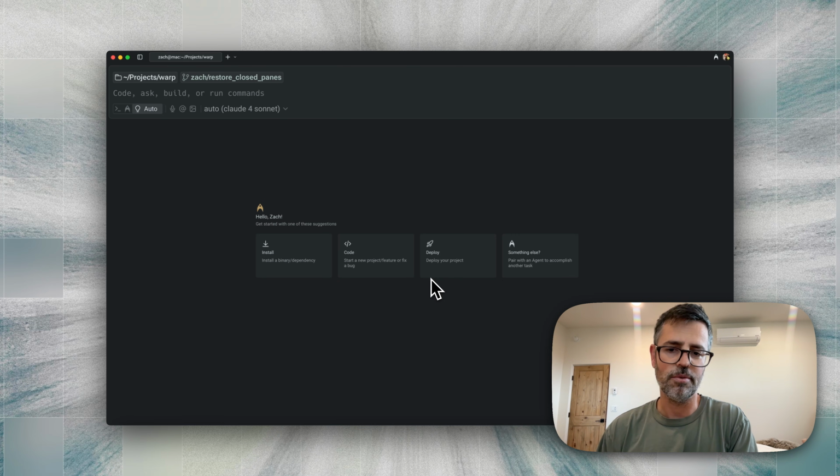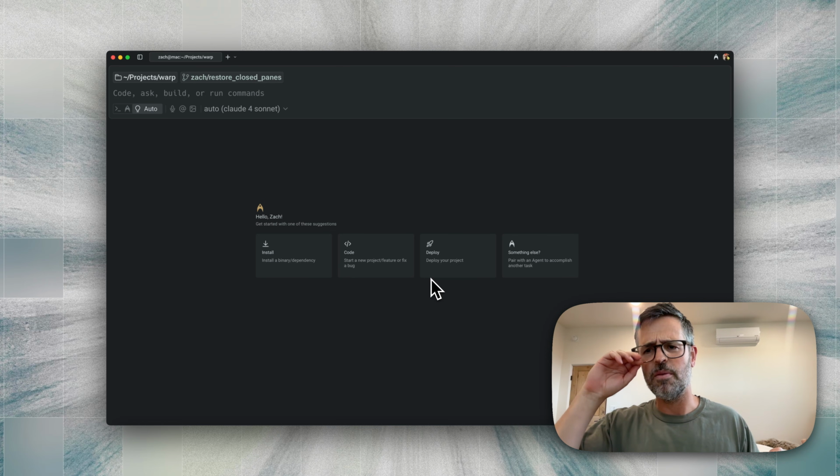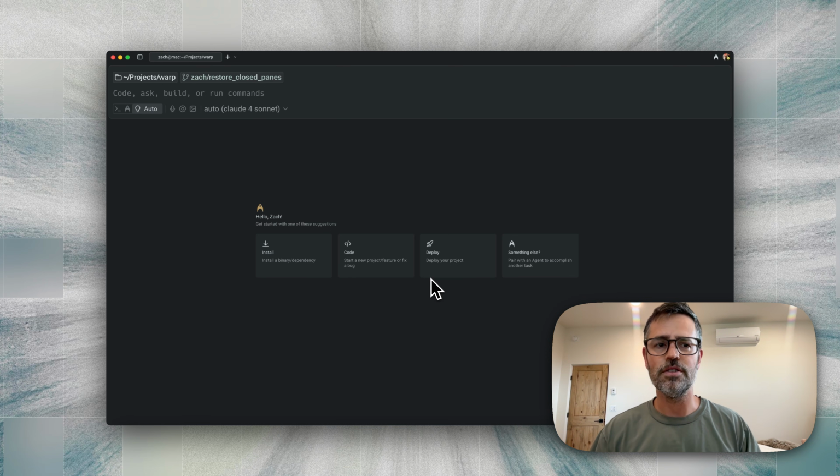Warp to make it work for you. So there's a ton of stuff you can customize in Warp. I'm not going to be able to show you all of it. I'm just going to show you some of the things that I like to customize. The first thing that I will often customize is Warp's theme to give it the look and feel that I